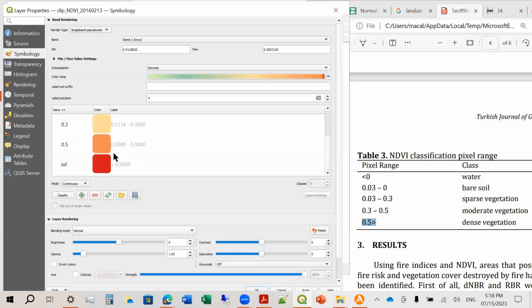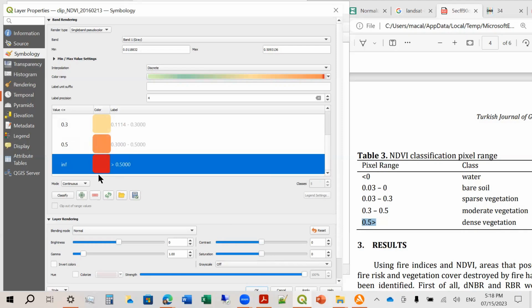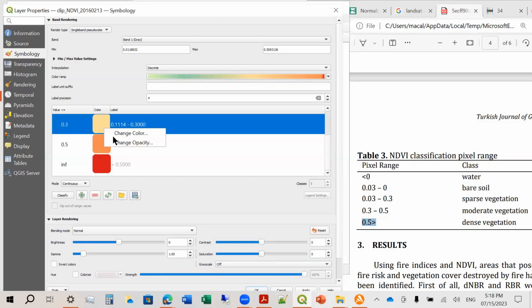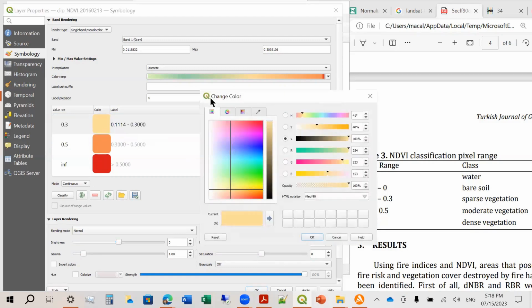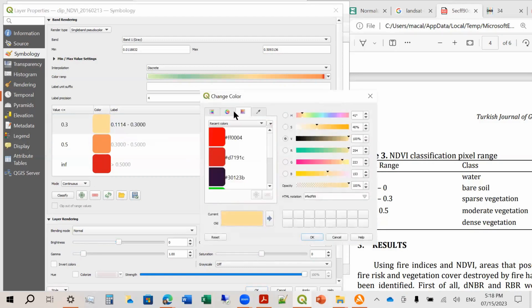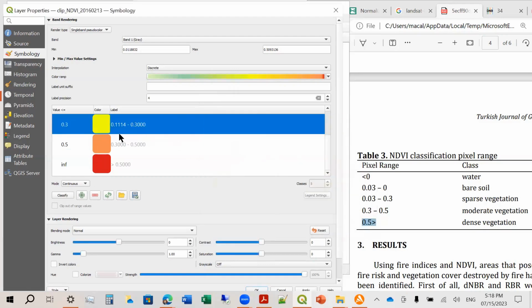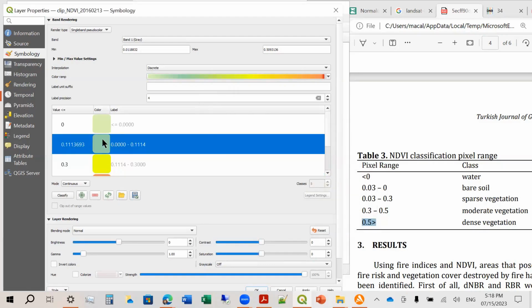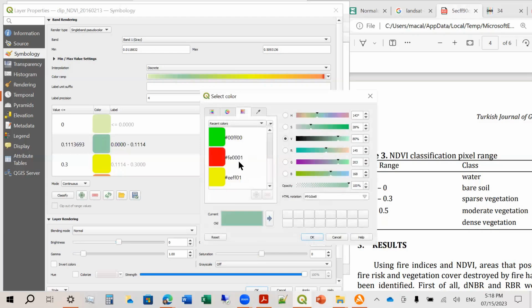Okay, you can actually change the colors. Okay, so let's make it a little bit more defined, no? So let's say this is red, and then this is orange, and let's change this color to yellow. This one yellow, and then this one is green. Say this one is green.